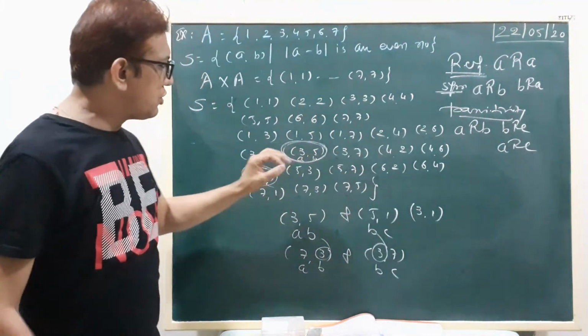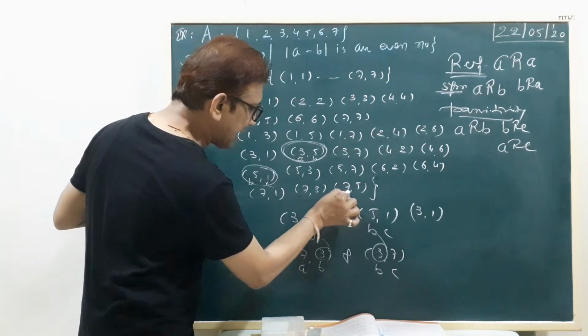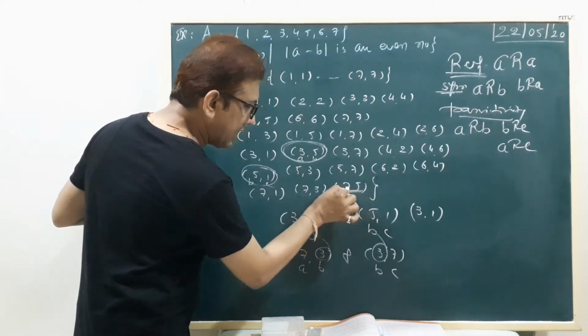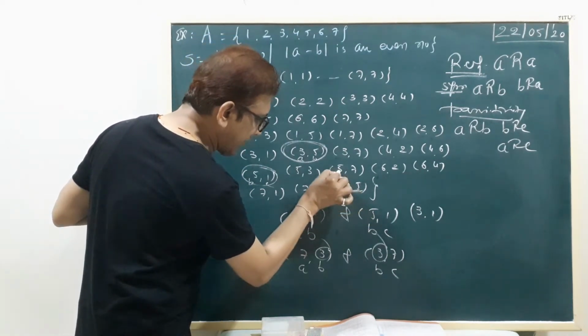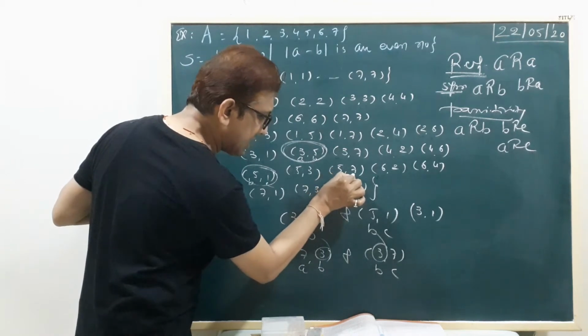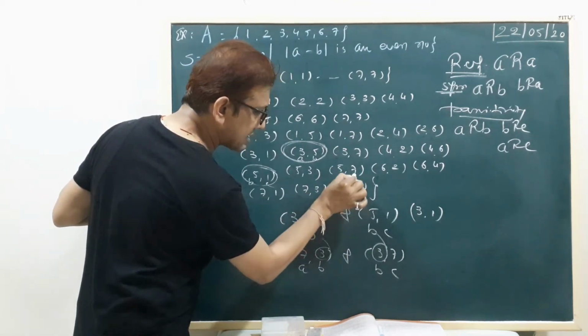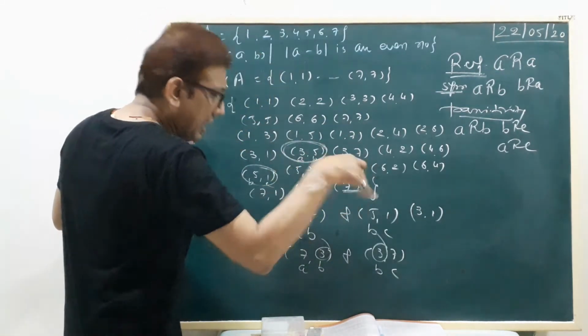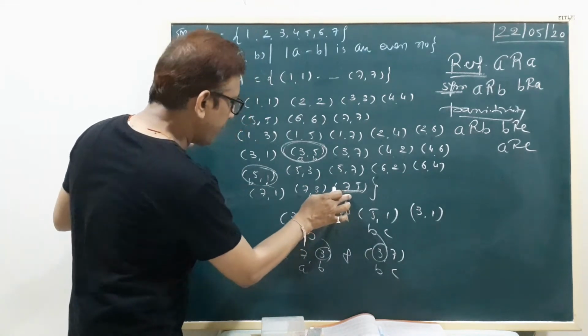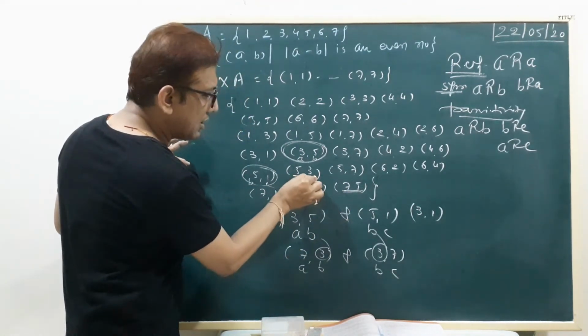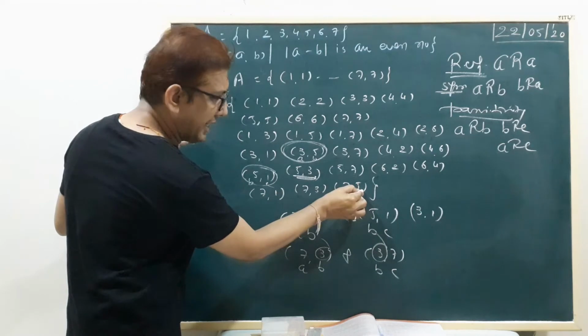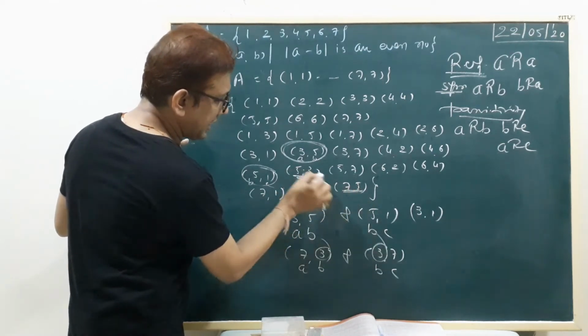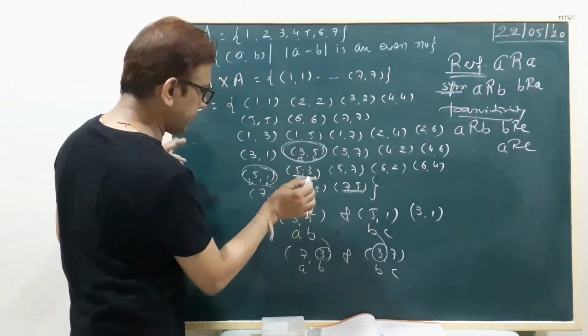Transitivity: you can select any bracket, 7, 5. A, B. Here 5, 7, B, C. Common element 5 cancels. 7, 7 is here. Again 7, 5 and 5, 3. 5 is the common. Right? So third, A relation C, 7, 3. 7, 3 is here. Yes.